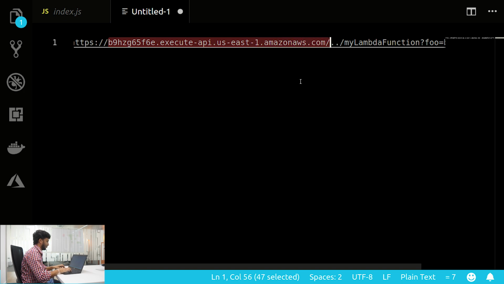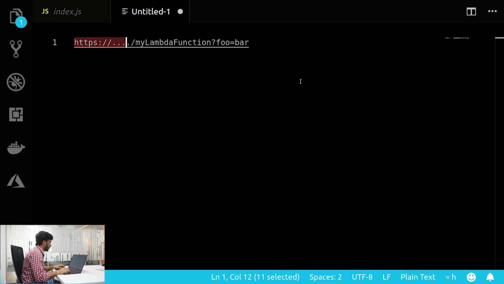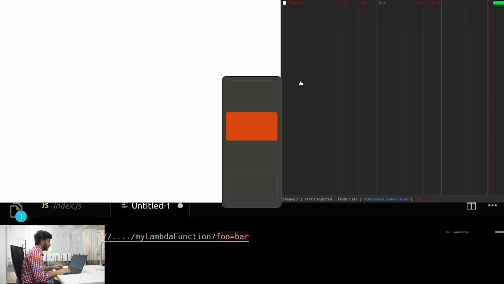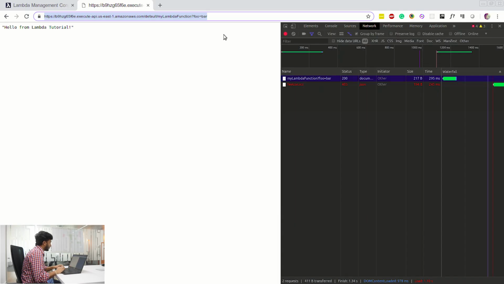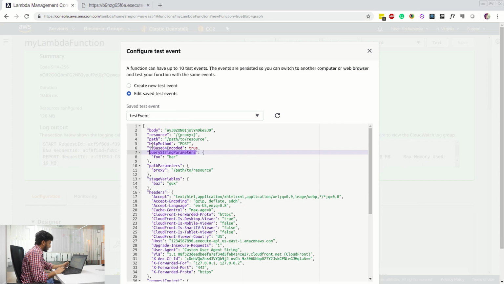It goes like this. From up to here, you have the URL of the Lambda function, and after this, the appended part here is our query string parameters. So in the event, we can catch these query string parameters like this. Here we have these query string parameters as a JSON object with the key foo and the value